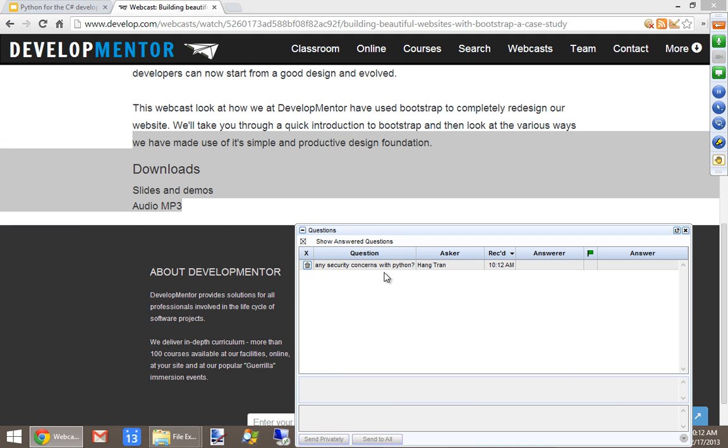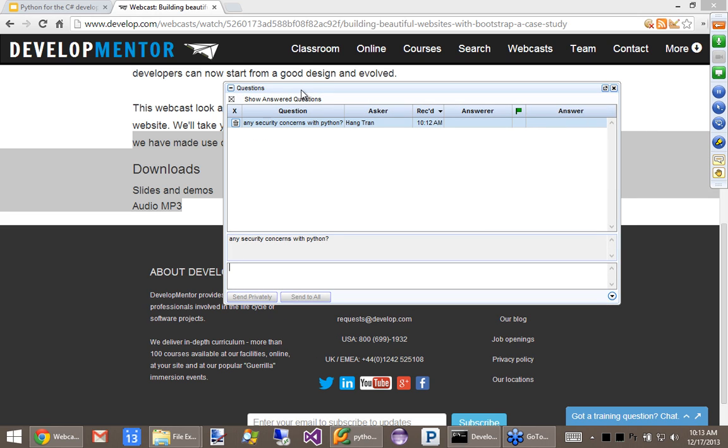Okay, one more question. Any security concerns with Python? I think nothing jumps out to mind other than the fact that your code is basically there as a text file, right? So, if people can mess with the text file, they can mess with your code, right? It's not like it's digitally signed or has a strong name or anything like that. There may be other ones, but that's the one that comes to mind. But then again, if somebody can start messing with your file system, you're kind of toast at that point anyway. They could just change your Windows.